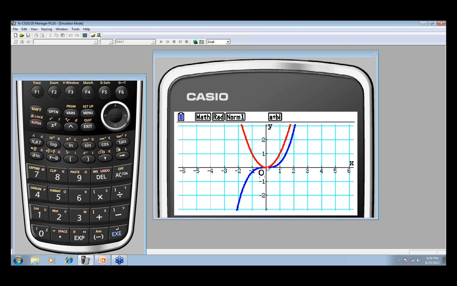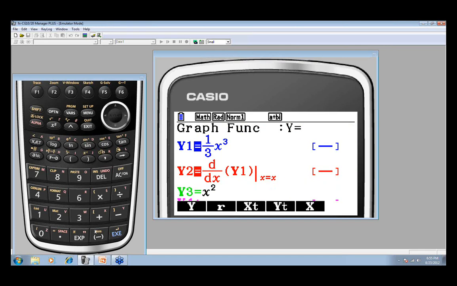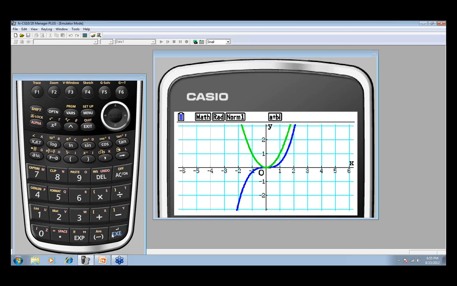And this is a parabola that passes through the origin, and it looks like it's passing through the points 1, 1 and negative 1, 1. So that should be the graph of just x squared. And we could investigate tangent slopes going up. This is positive, then it was 0 again. Then this graph was forever increasing. That's why the graph of its derivative is always in the positive range, except for where it had a horizontal tangent. So we think we know that this derivative is x squared. We test it by typing in x squared and seeing that it does graph on top of what the calculator had down as the derivative.